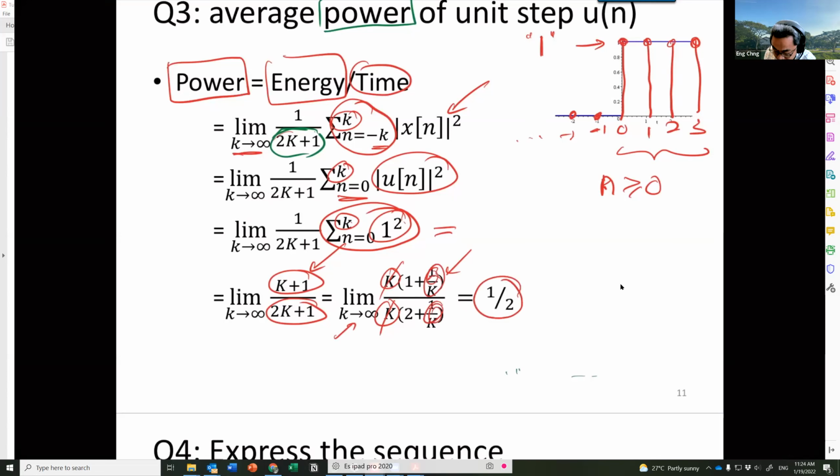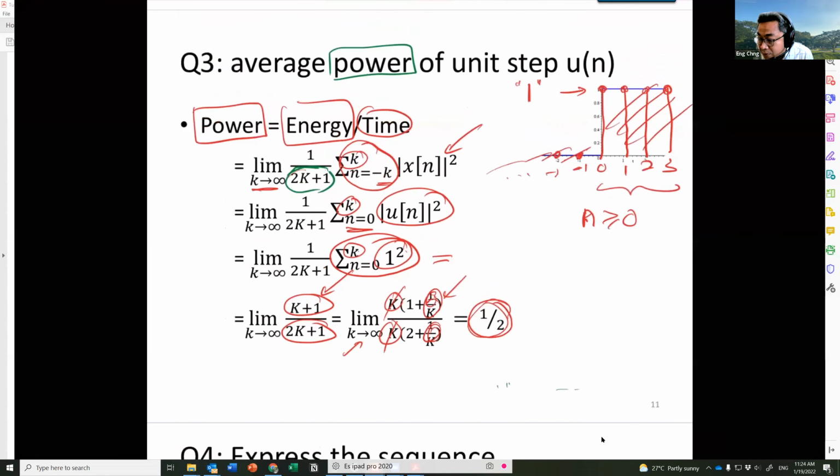So this is very intuitive, because although the energy goes to infinity, if I'm dividing it by the period, and the period is also infinite in here, well, this side has some energy, the other side has no energy, so power is half if we assume that the period is infinite. Okay, I think that's it. I will leave question 4 for the next